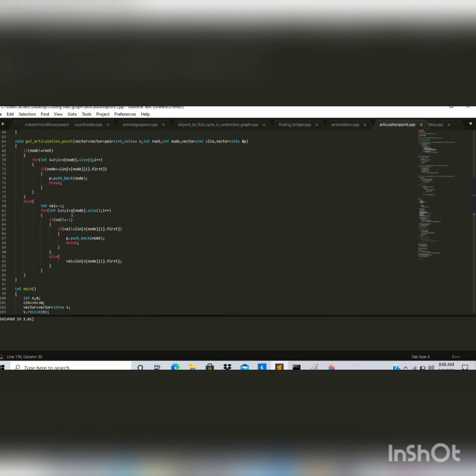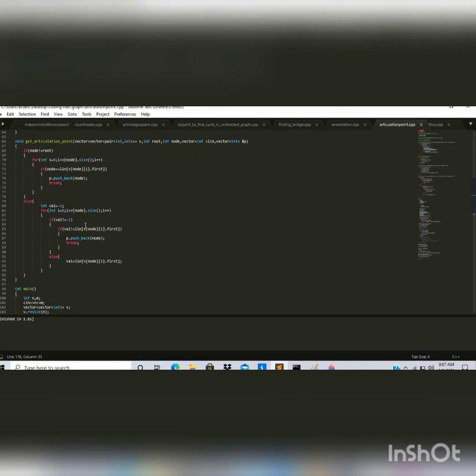Second, if that node is a root node, we initially consider a value as -1. We traverse all its children, and if the value is still -1, we assign it the low link value of the child. But if the value is not equal to -1, we check whether the other child's low link value is similar to this child's.